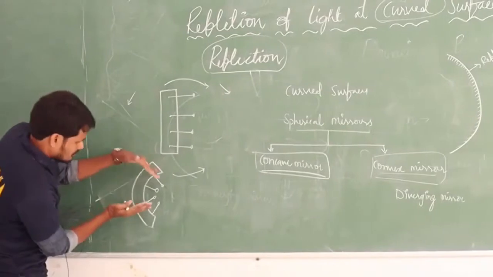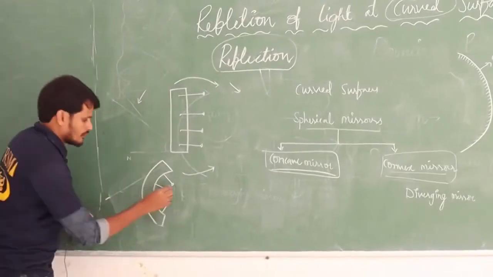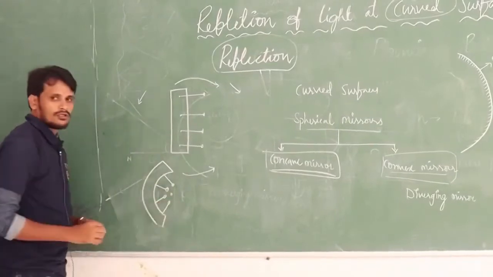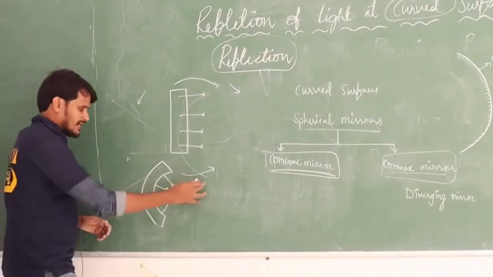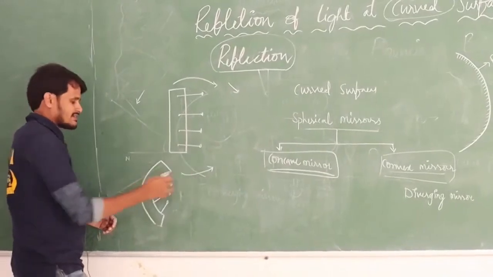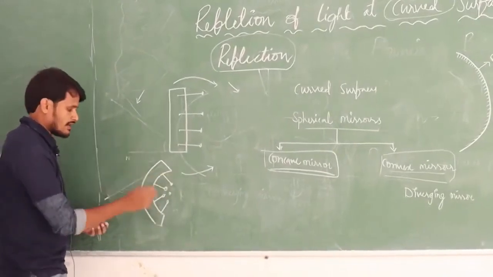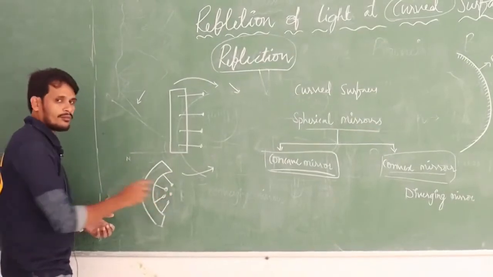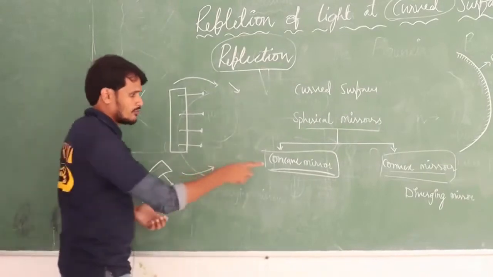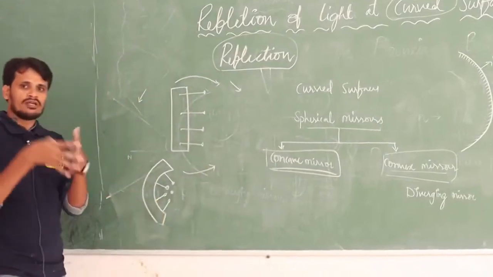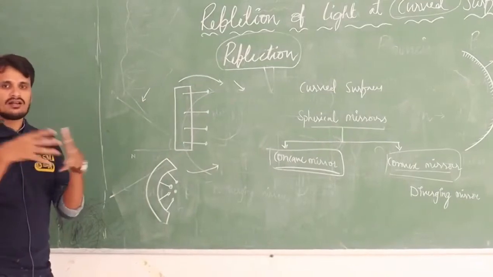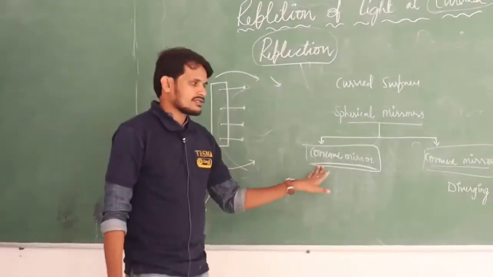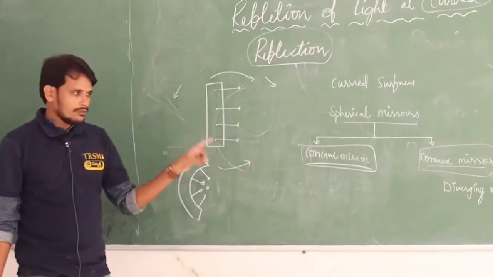So all nails are meeting at a point here. So all are meeting here. So similarly, when light rays fall on a concave mirror, all rays are going to intersect at a point. Intersect at a point, and that is why we are calling the concave mirror a converging mirror. All reflected rays are meeting at a point. So keep that point in your brain.